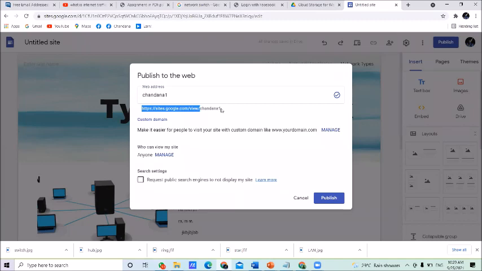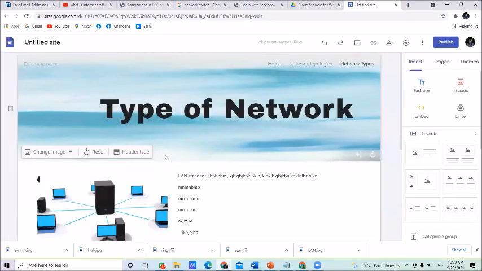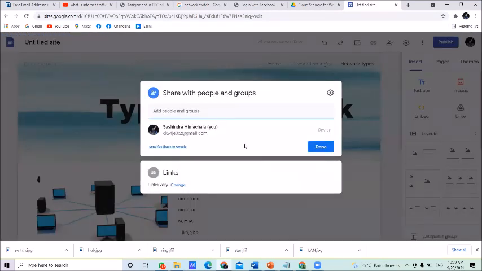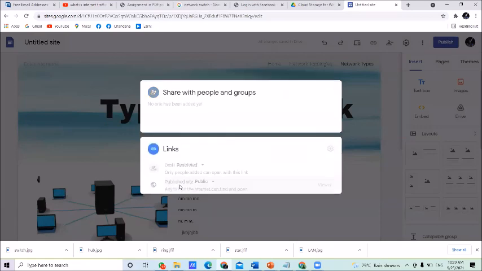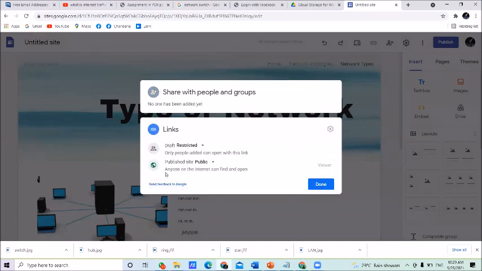Before copying and sharing this, please go to manage, anyone manage. Then again, in the little box under links below, click change. Then click publish site. Normally in your case, publish site is set as restricted.